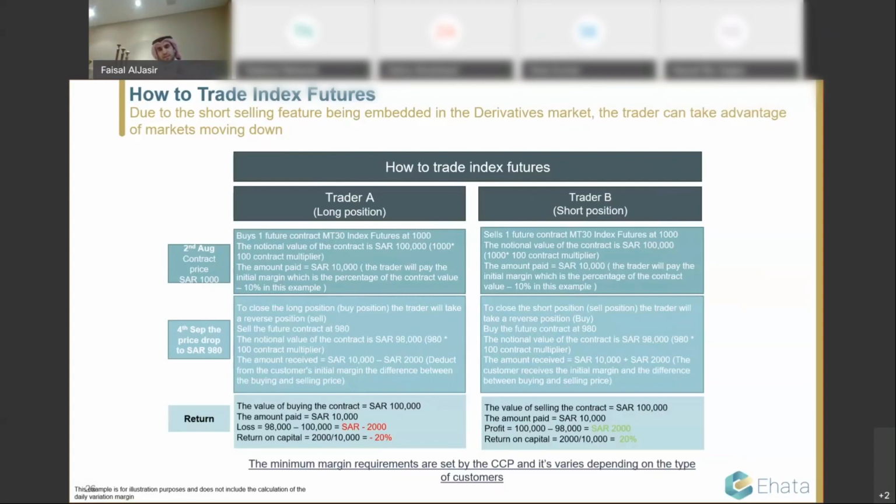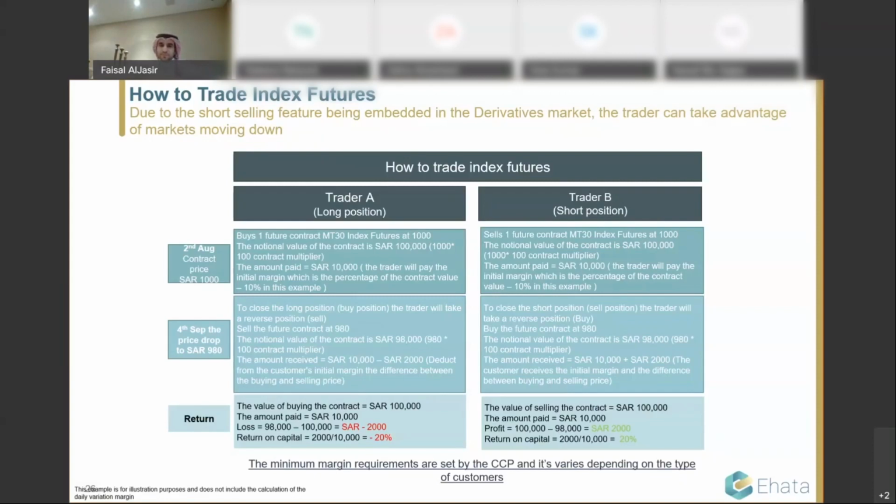You would find out that this is a 2,000 Saudi Riyal loss that will be deducted from your initial margin. So when you look at the bottom part there, you would find that you have put 10,000 as an investment, and you have lost 2,000. And when you look at that as a return on capital, you would see that that constitutes